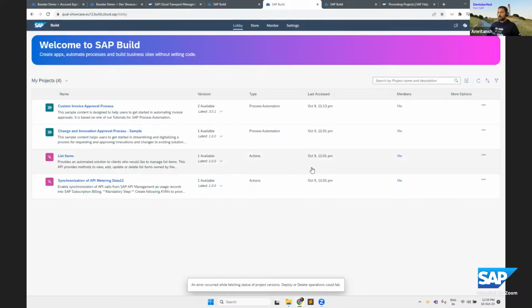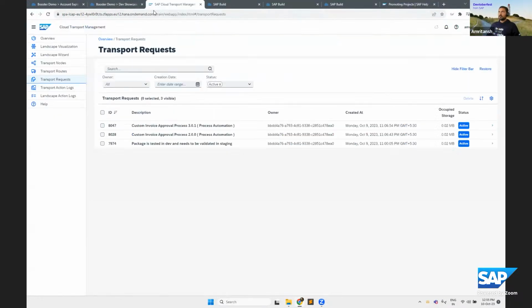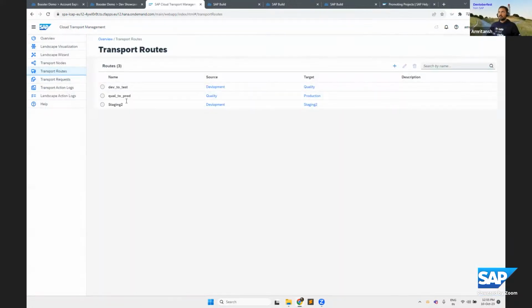Once you have promoted the content from the lobby or the build entry point, it comes and sits here in the transport request. Now these are some of the requests which are already completed. So what I'll do is simply reset the state of these requests so that we can show how content moves from the dev tenant to the test tenant.